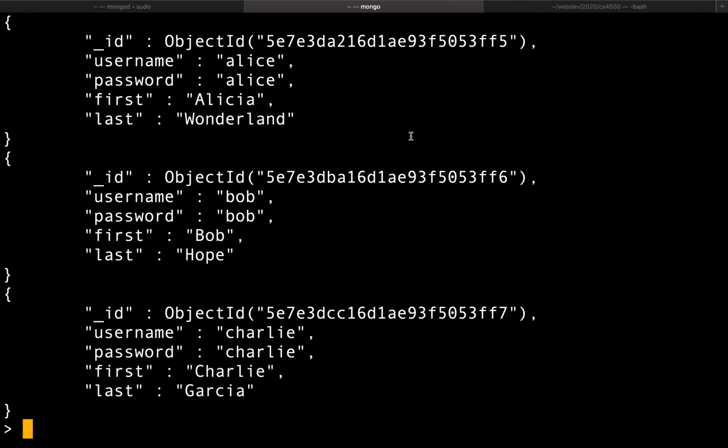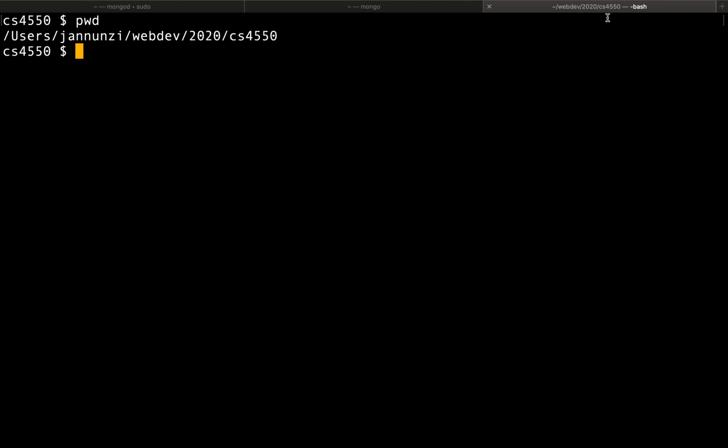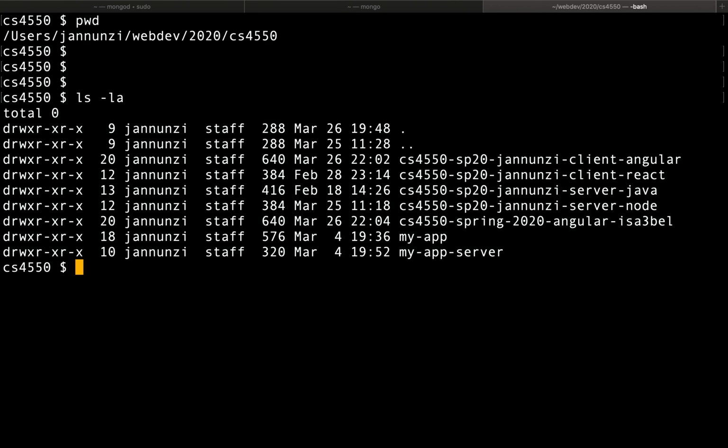From maybe Node.js or Java, and we can automate different scripts and integrate it with a user interface with a middle tier. So let's go and do that. So what we're going to do is go into a Node.js project that we have here, right? So let's go into cs4550